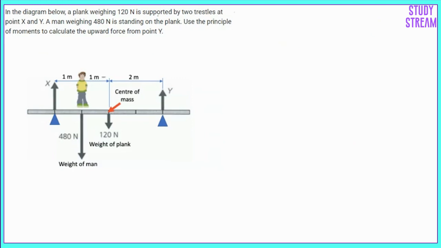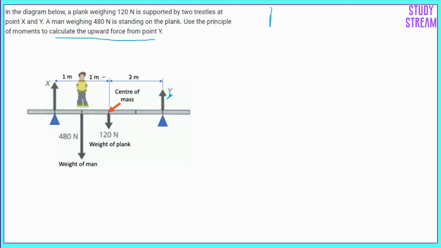In the same diagram below, a man weighs 400 on the plank. Use the principle of moments to calculate the upward force from point Y here. So now we need to calculate the upward force Y that we don't know. This is an unknown. So now we need to find the force Y using the moment principle. Remember we said if this is in equilibrium,